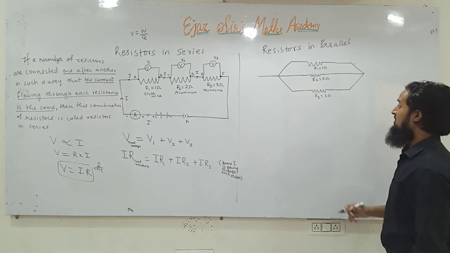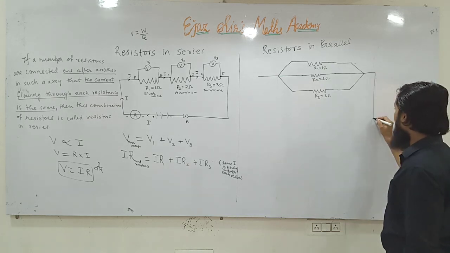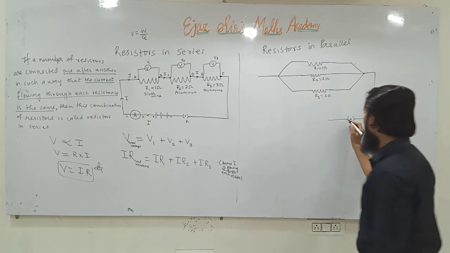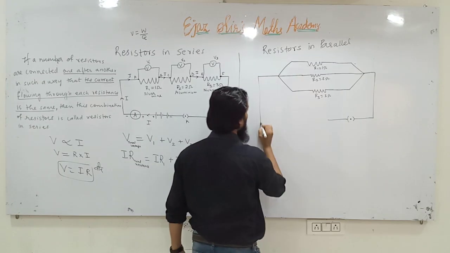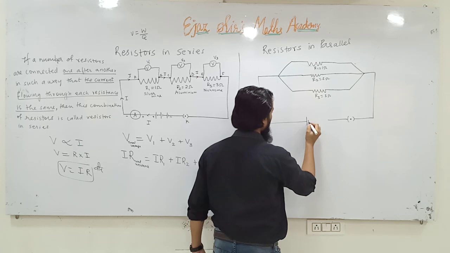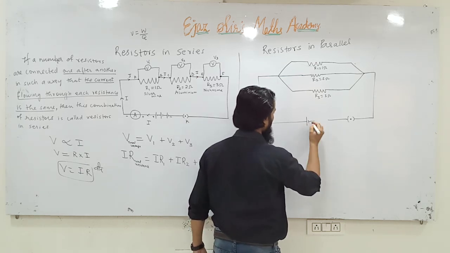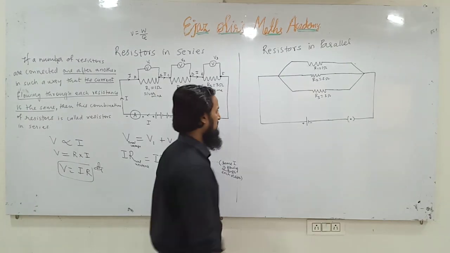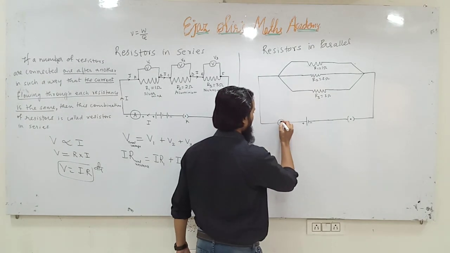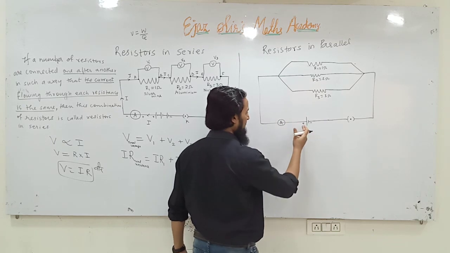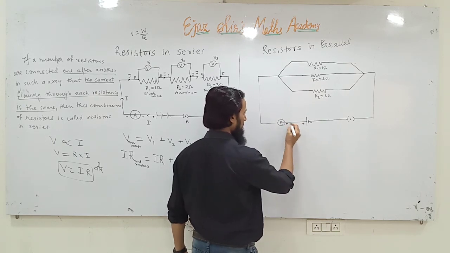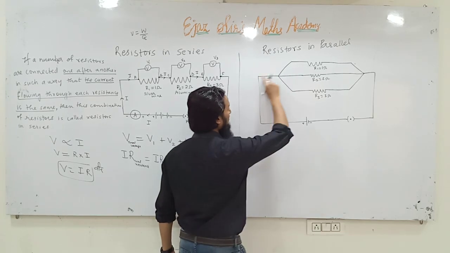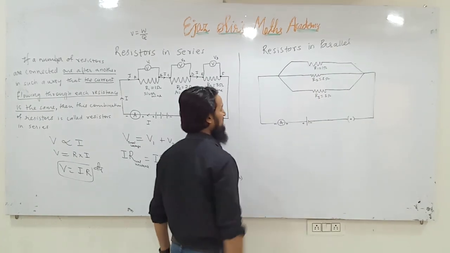These are the three resistors, and they are connected through a key to the cell or battery. Here we can take a cell or we can connect a battery also. I am connecting all these to only a cell. An ammeter is always connected in series. What does that mean? The positive terminal of the battery or cell should be connected to the positive terminal of the ammeter, and the negative terminal must be connected to the negative terminal of the cell or battery.